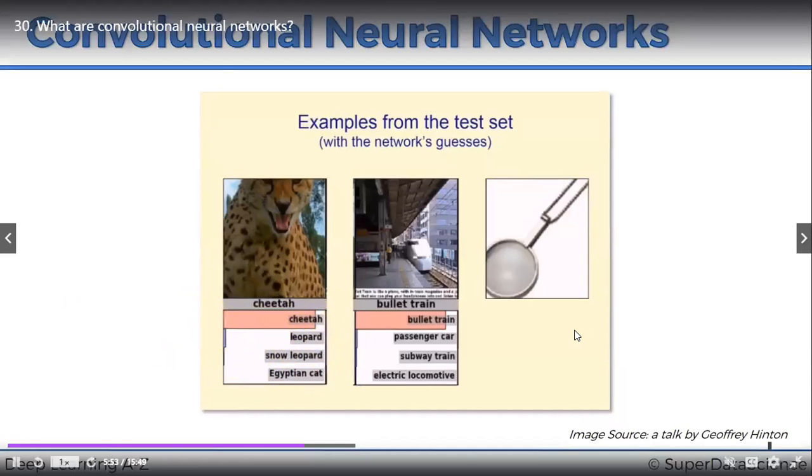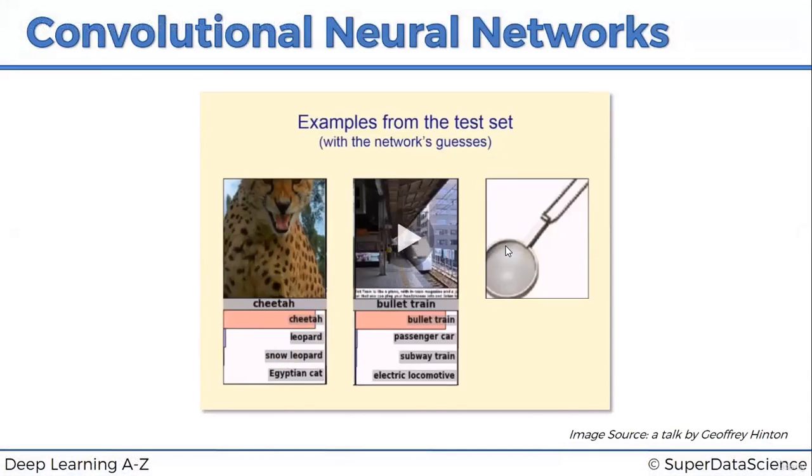And there are guesses, the top 4 or 5 guesses of the algorithm, and they are given a probability. So the neural network said cheetah, leopard, snow leopard, or Egyptian cat. It could be one of the 4, but cheetah has the highest vote, right? Throughout this part of the course, you will understand what these votes mean and how they are derived. But for now, it's pretty intuitive, right? So it's a cheetah in reality and the neural network guesses right. It says with high probability, about 95 to 99%, it's a cheetah.